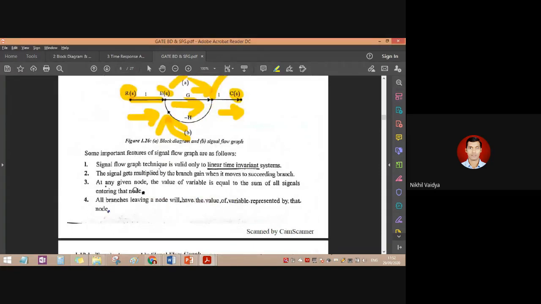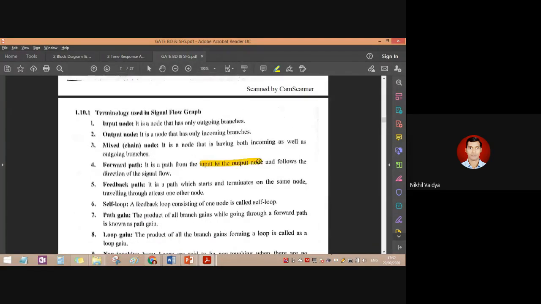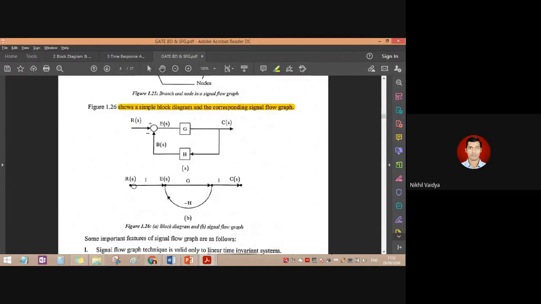So if you check the forward path present in this particular signal flow graph, it is a path we had seen from input to output node, and it follows the direction of the flow. It should follow the direction of flow. So which path follows the direction? See, we are going along the arrow direction, along the arrow direction. Yes, sir, we have reached from input to output. So now this is called a forward path. What is a forward path? The path which goes from input to output with the signal flow. Now this is the signal flow.